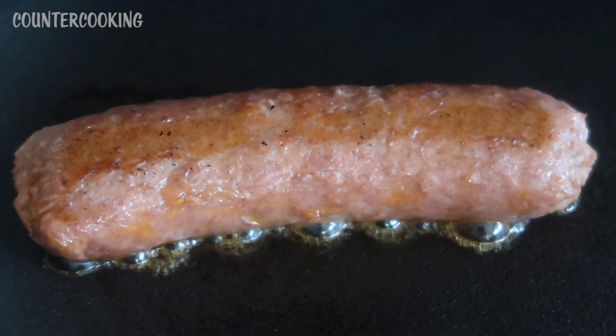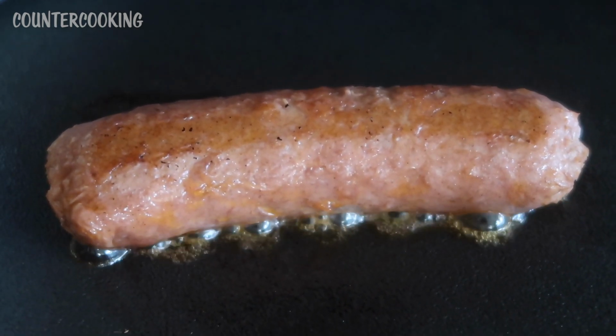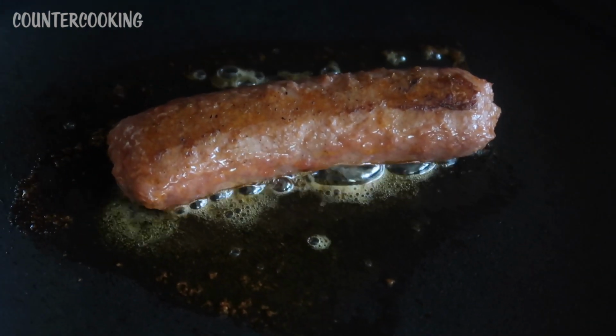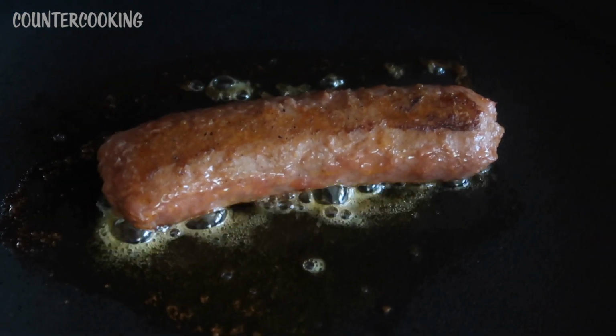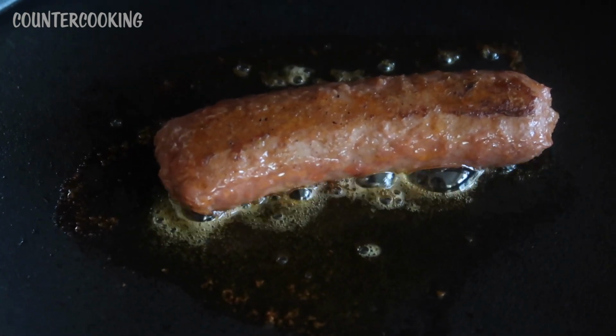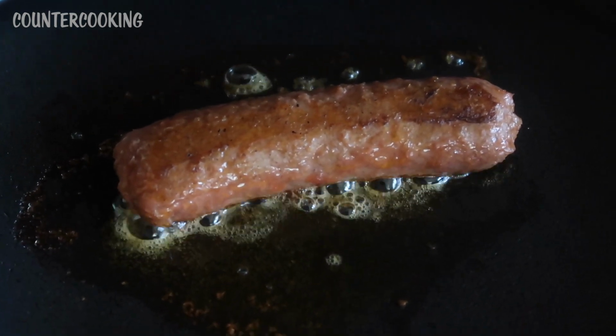And I did not add anything to the skillet. I mean, this is a non-stick skillet, but you could see all of the fat kind of oozing out of the sausage. It's been a few minutes later, and I just turned the sausage again, but you can see there's like a lot of oil. That's what I'm assuming. I'm assuming it's oil oozing out of the sausage. It still smells really good, but